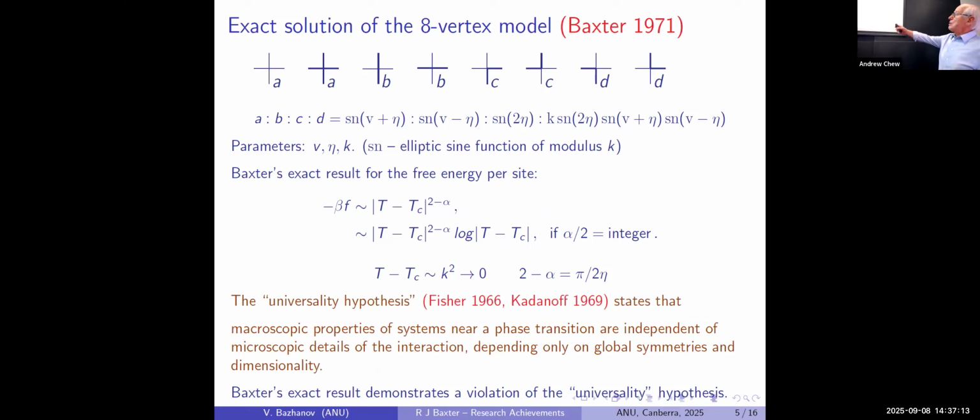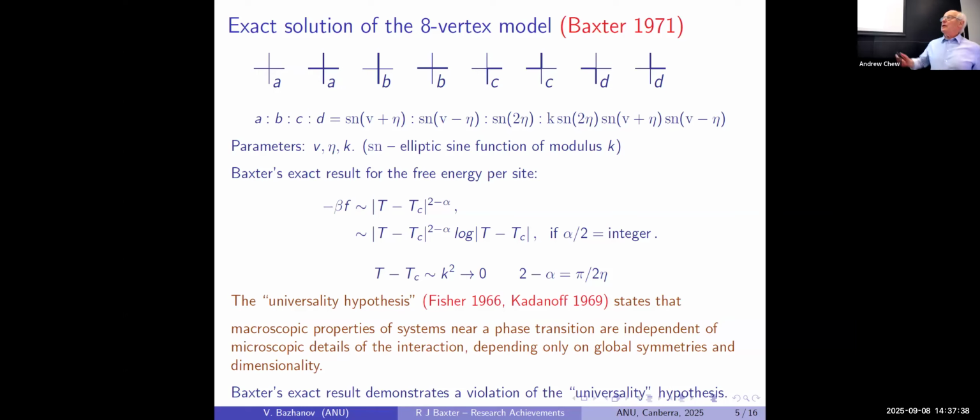Because the ratio has only three parameters, it's convenient to parameterize them with the elliptic sine function of the elliptic modulus k. So we have three parameters, v, eta, and k,